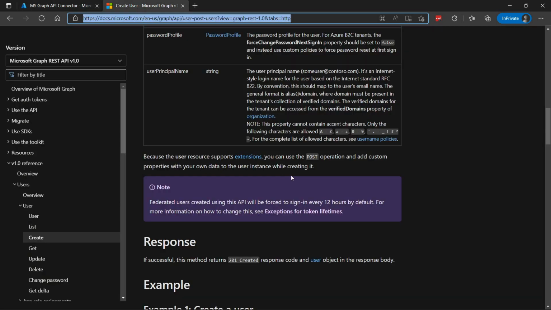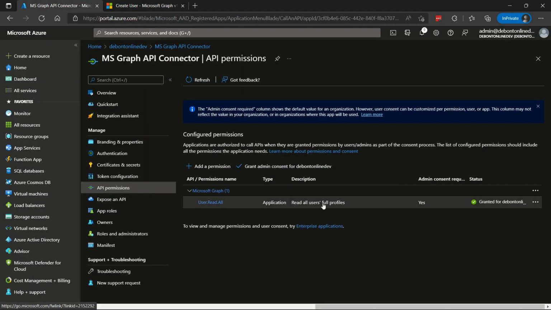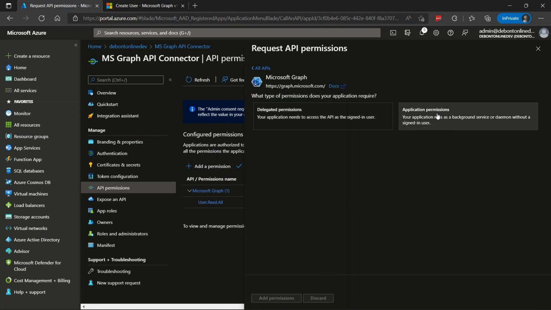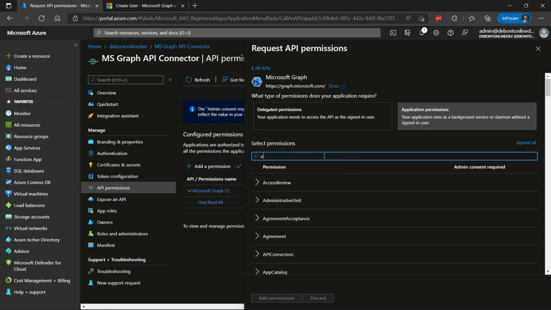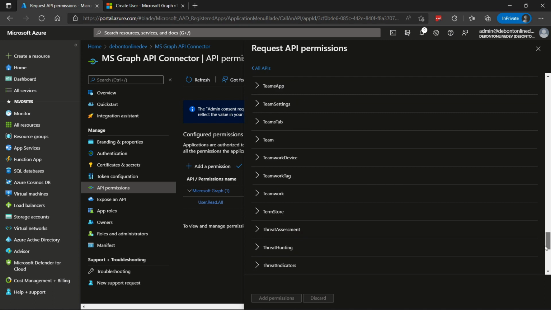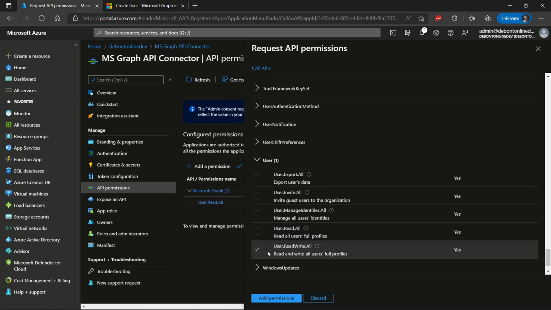Now, if you look at the manual, it says over here that for the application, it will at least require User.ReadWrite.All and Directory.ReadWrite.All. So we're going to add that one. We add a permission, select Microsoft Graph, application permission, and type in user. No, it's not looking for it, so we scroll down. There it is. We deselect User.Read.All because we are going to use User.ReadWrite.All, and